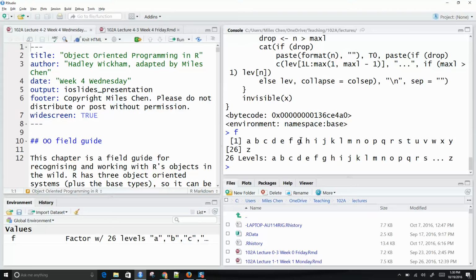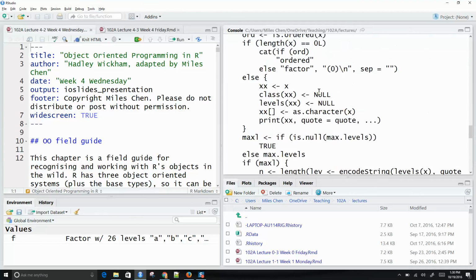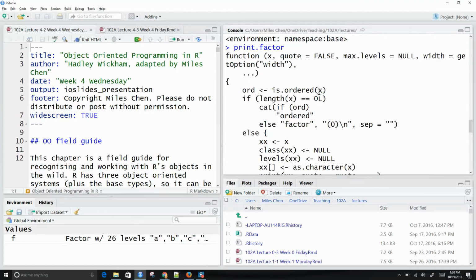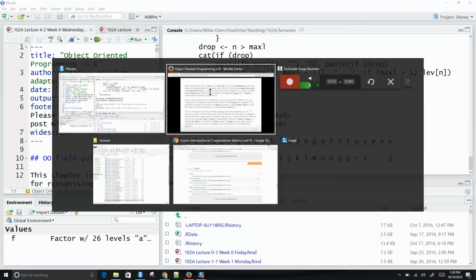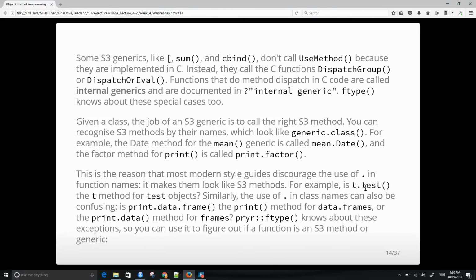So this is the way it's supposed to display the factor, and when it gets the factor object and you just ask it to print it out, it's using the print.factor method. And so over here, if you have t.test, it appears like it's the t method for